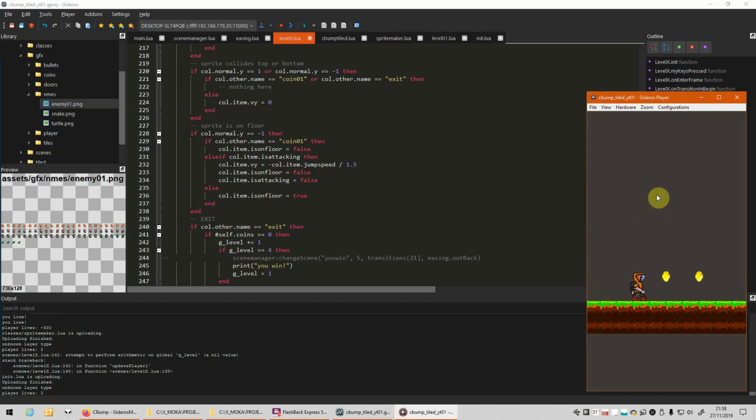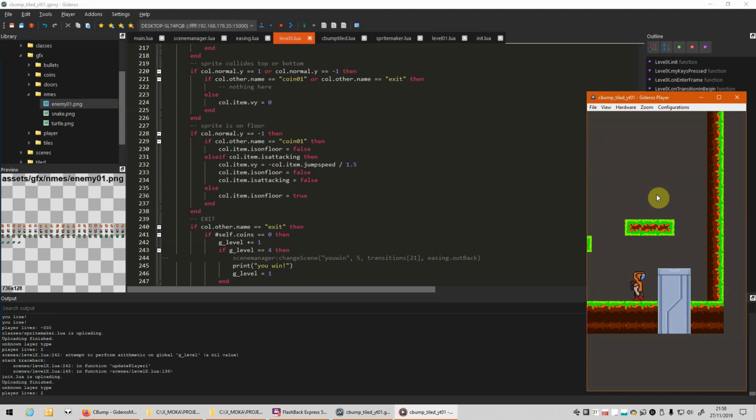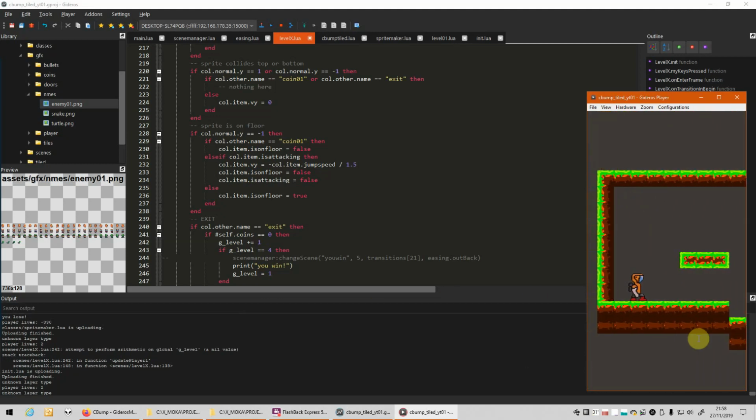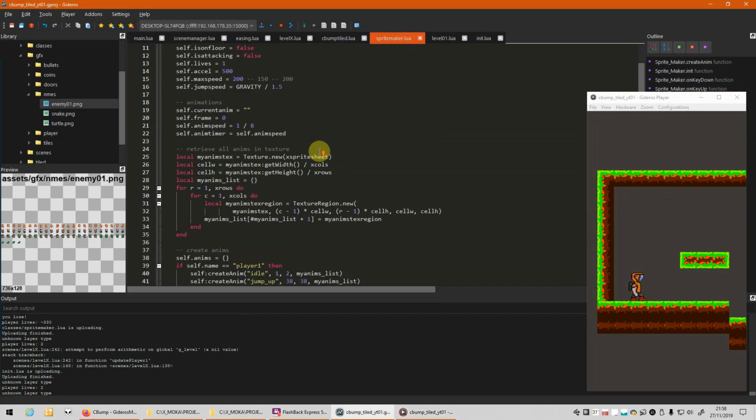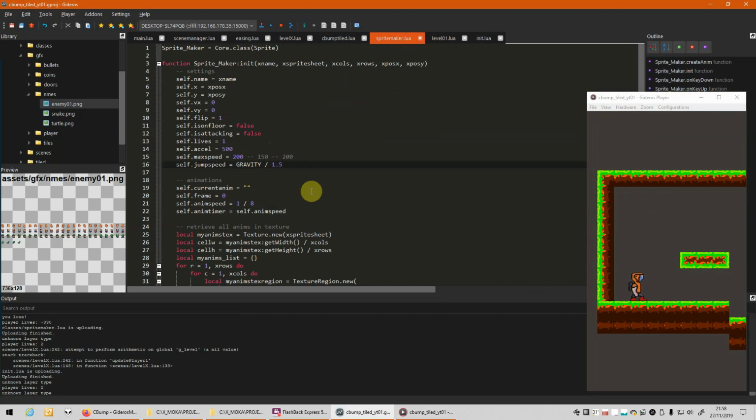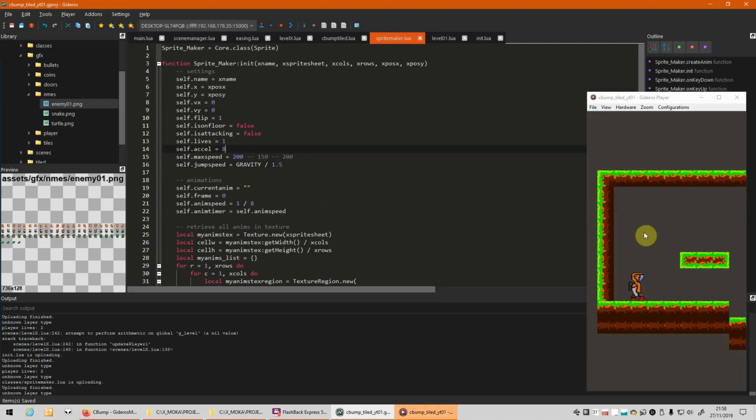Oh, okay. You can modify. Okay, now that's working. You are going from level to level, and you can modify everything. You can have a look at my previous videos where I explain a little bit more than this how to use cbump. But for example, you can modify the max speed acceleration. Let's change acceleration to 8 and see the effect.